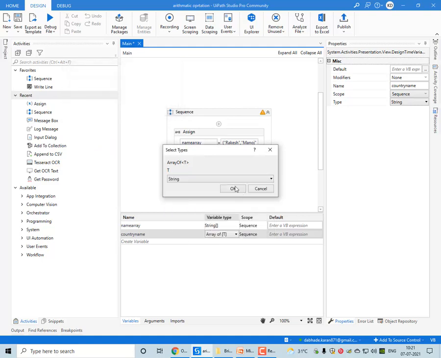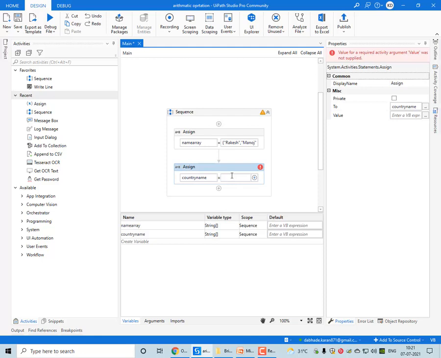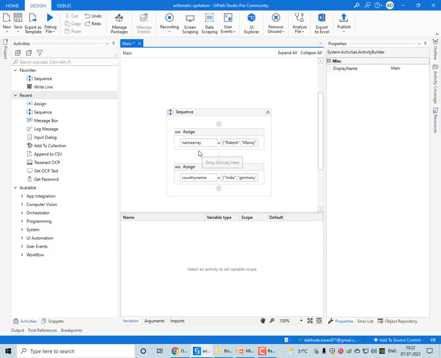Populate it with country names, for example India, Germany, France. So these two arrays we have defined, one with names and one with country names.